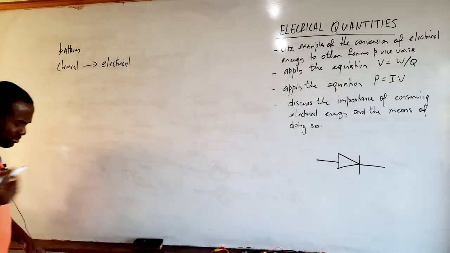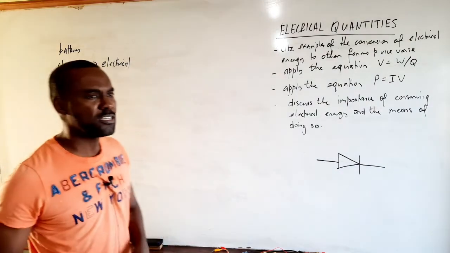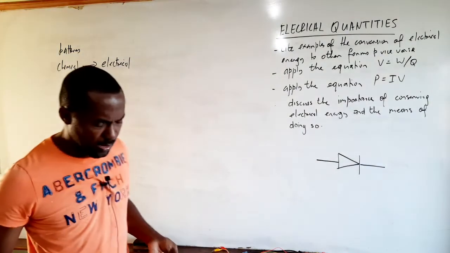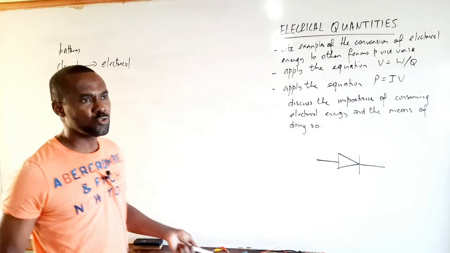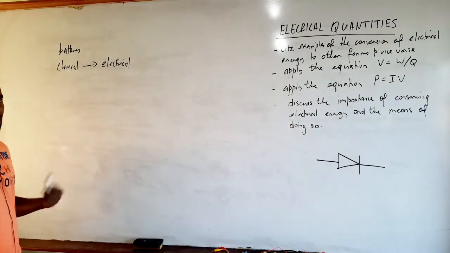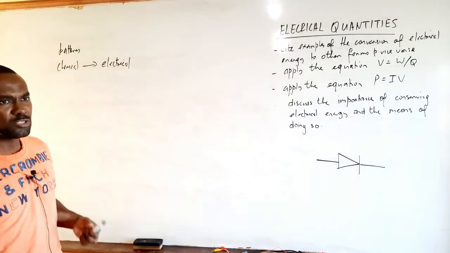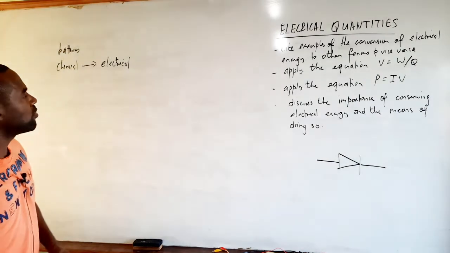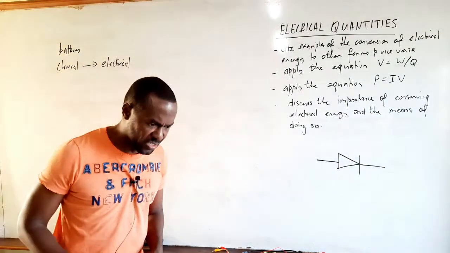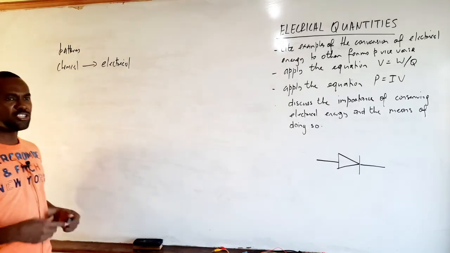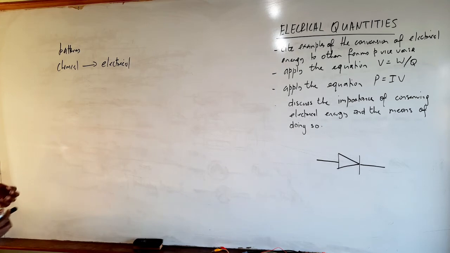And as we mentioned before as well, a dynamo, which is also a source, will be converting kinetic energy to electrical energy. So these devices, which basically convert other forms of energy to electrical energy, are called sources, right? And basically, when this energy conversion is taking place, the amount of energy converted per coulomb of charge is said to be the